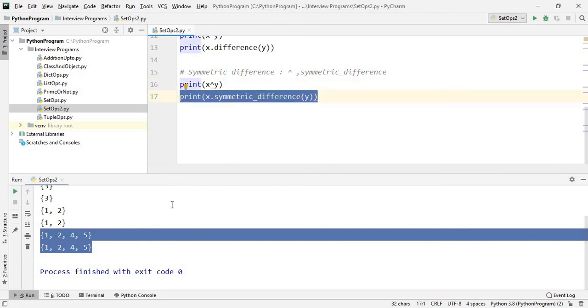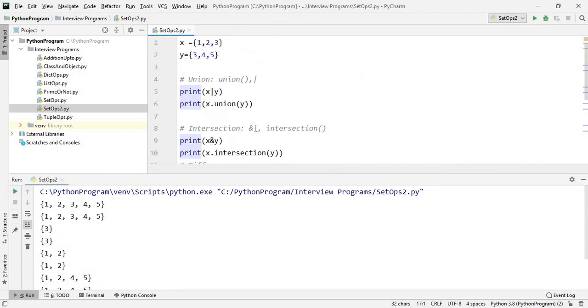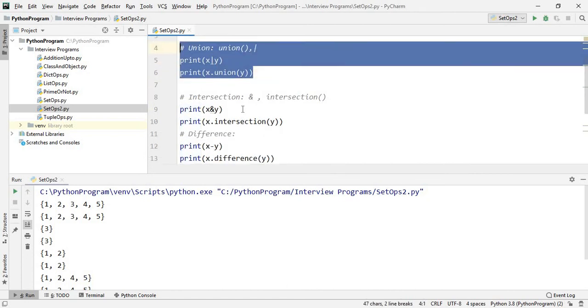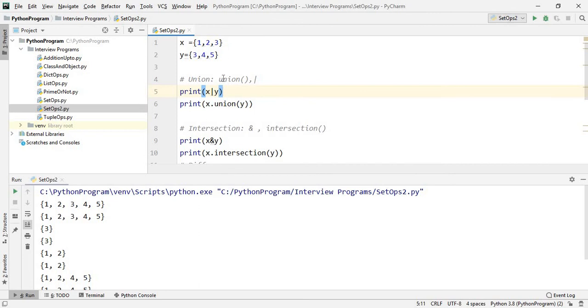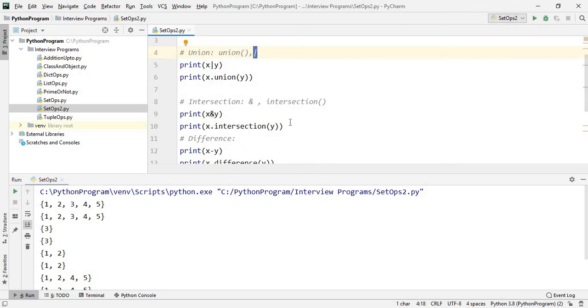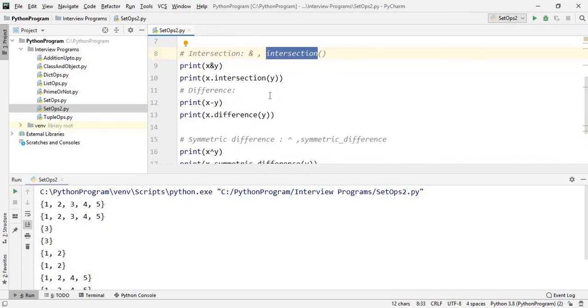So far I have completed the union and intersection operations. Union we can find in two ways: union itself is a function, and the bitwise OR operator. Intersection we can find in two ways: the AND operator, and intersection itself is a function. Difference we also find in two ways: the minus operator, and difference itself is a function.